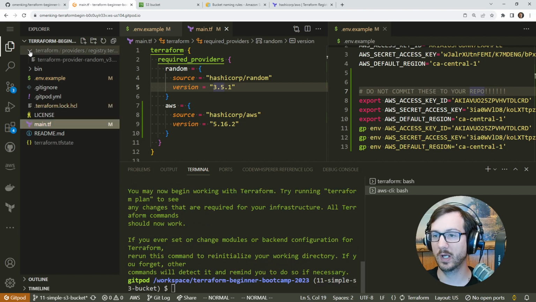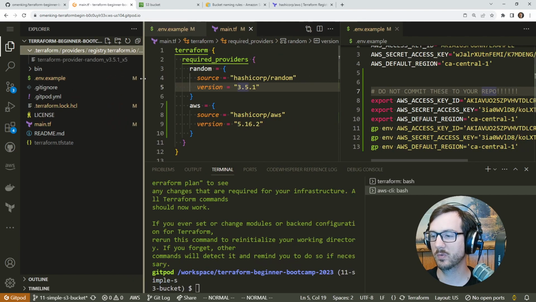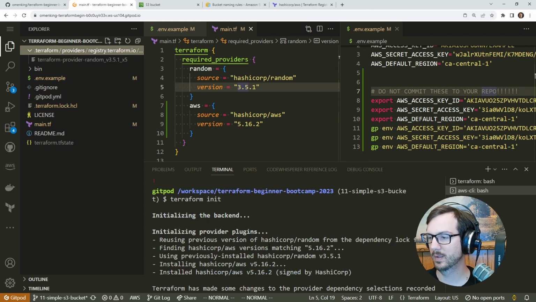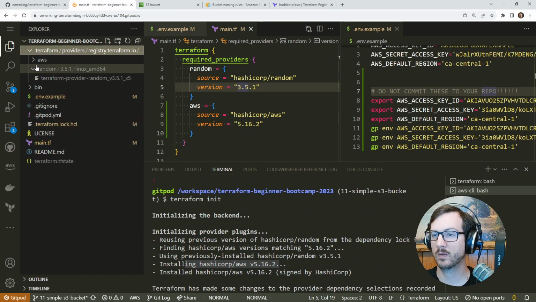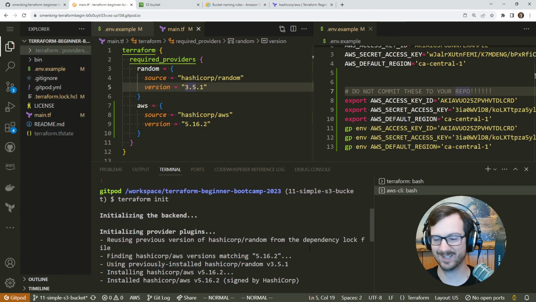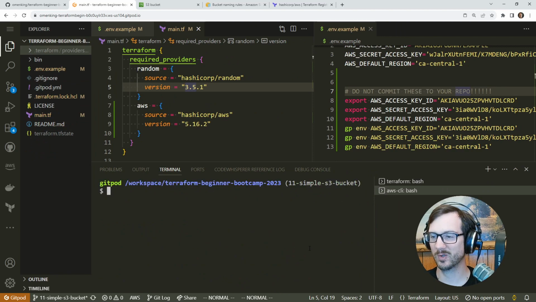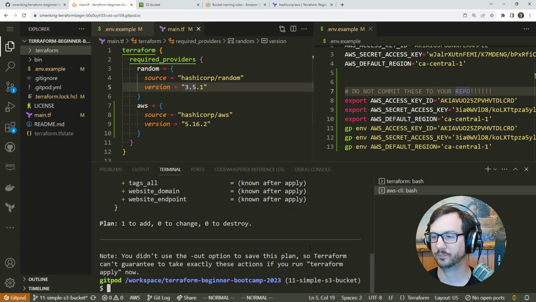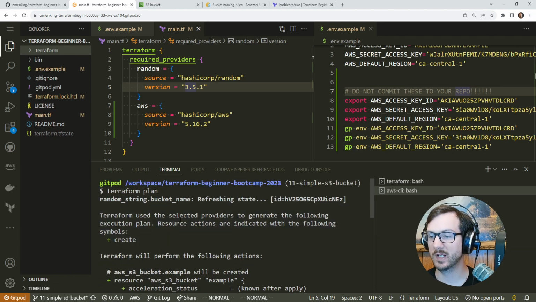And so if we go here and double check, did it pull the other one? Matching, installing AWS, so we'll maybe refresh that. There we go. Now they're both in here. So now we're in better shape. So this should work. Okay, so we'll type in terraform plan, and now we'll see what happens. Okay, and so this is now ready to